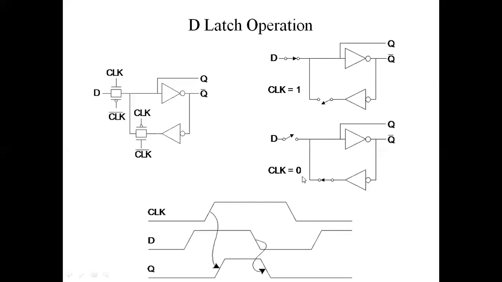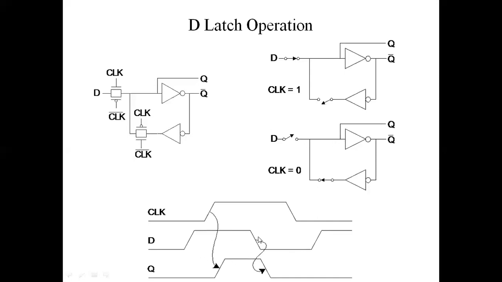In the next case, when the clock equals 0, what happens? Since the clock equals 0, both the conditions are reversed here, and the transmission gate acts as an open switch, and because of that no D is connected to the output. So whatever the previous D output we are getting at the inverter's output as Q bar, and again this output is inverted and the same thing we are getting here. So here the Q value is maintaining or holding the previous value as it is, independent of the changes in the D, because D is not connected to the Q here. So Q value is maintaining its previous value only.